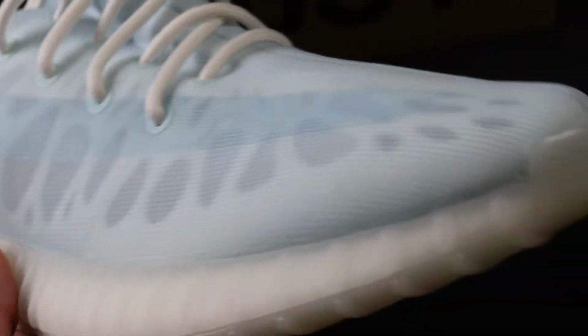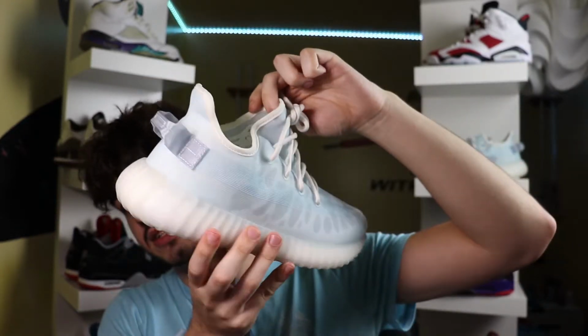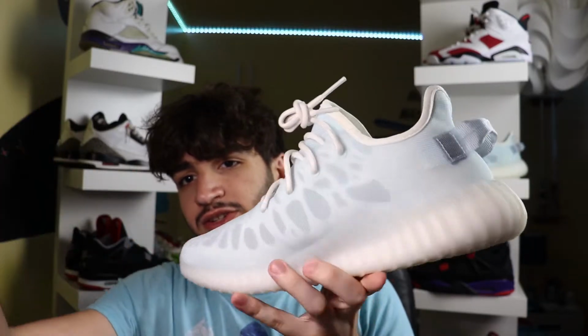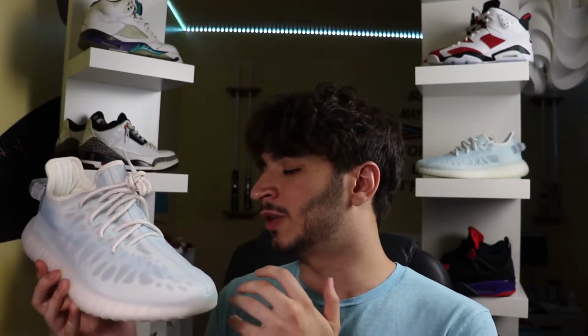Instead of Primeknit, we got this weird like translucent mesh. And just look at this thing. I mean, it's really dynamic as you move around the sneaker. Certain parts get brighter and darker. Pretty crazy. So the reason why this sneaker is called the Mono Ice is because mono is short for monochromatic,